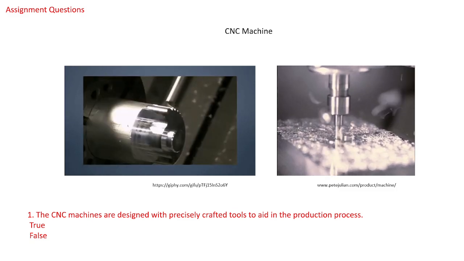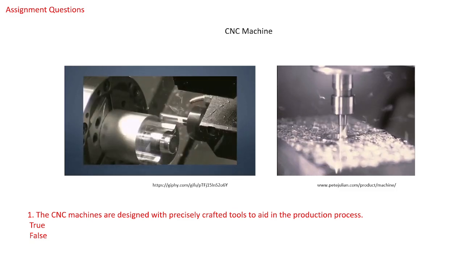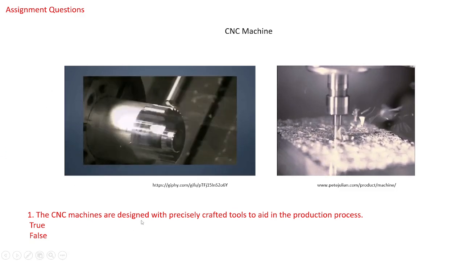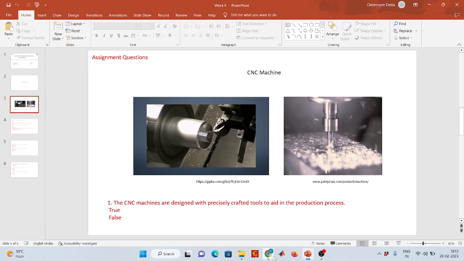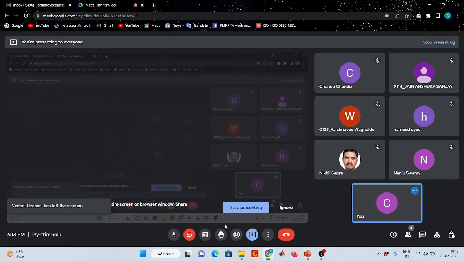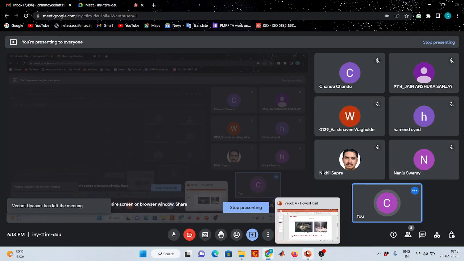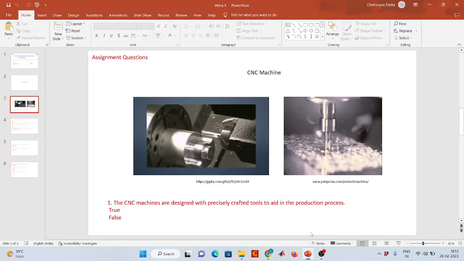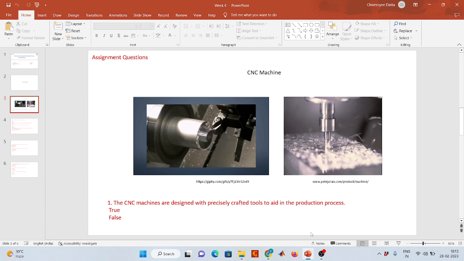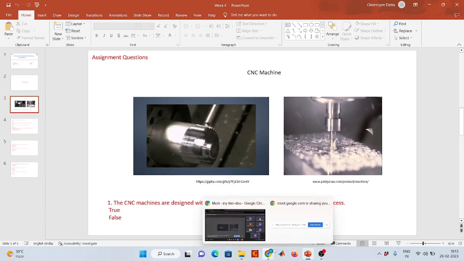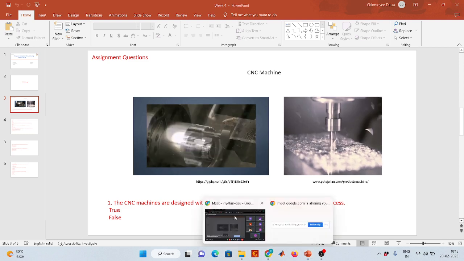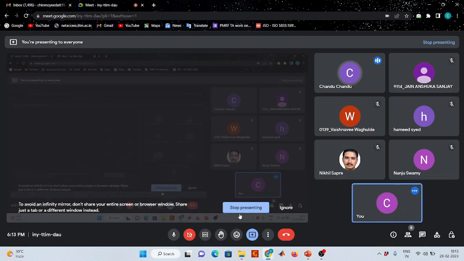The question is given, right? So what is the right answer for that? Anyone? The statement is true or false. This is given, right? The CNC machines are designed with precisely crafted tools to aid in the production process. What do you think about that? True, ma'am. Yeah,